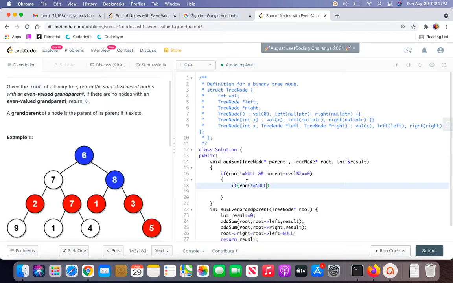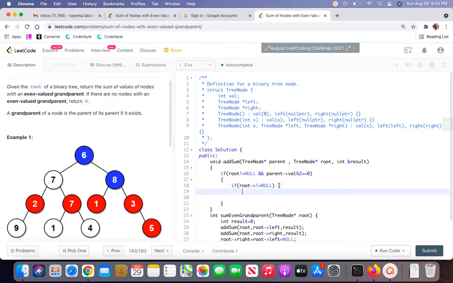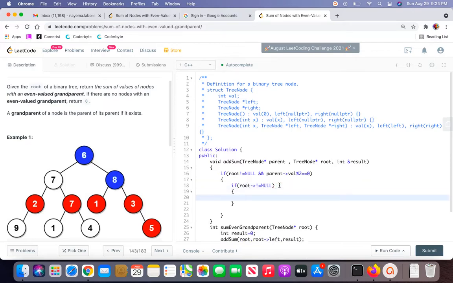Otherwise, I'm going to be accessing null pointers again. If my root left child is not equal to null, I want to add it to the result,